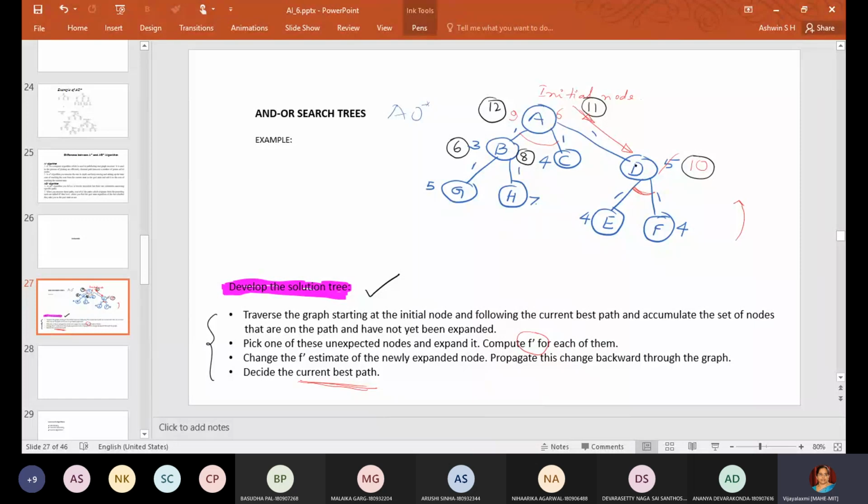Propagate, move in one direction, calculate the new f dash value, come back to the root node, proceed in the other direction. Again, estimate the f dash value, come back to the root node. Now this gives you an idea of which is the best path. So the best path in this case is whatever you have taken up in the first step. This is about the AND-OR search tree.